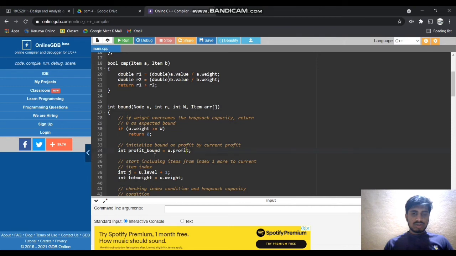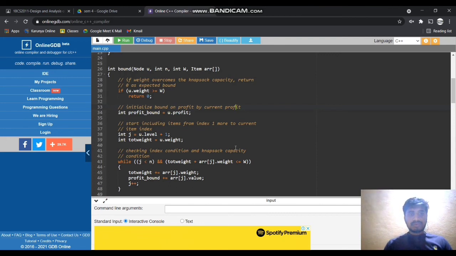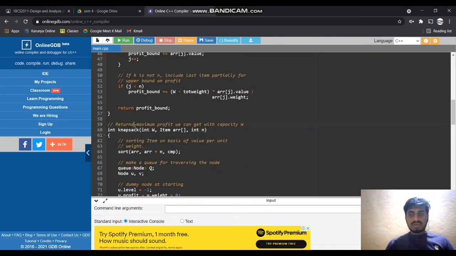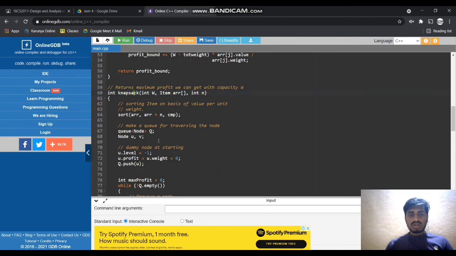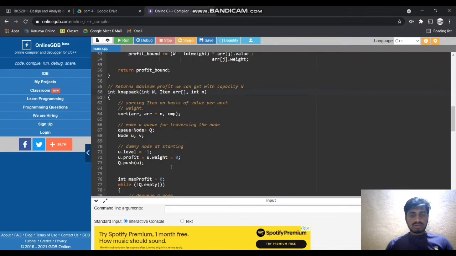Then we start including items from index 1 up to the current item, checking with j and incrementing u.level plus 1 and the total weight, and we are updating. After that, using this while loop, we're checking the values, and this knapsack function is the function we're checking. We're checking this formula so as not to exceed the capacity.